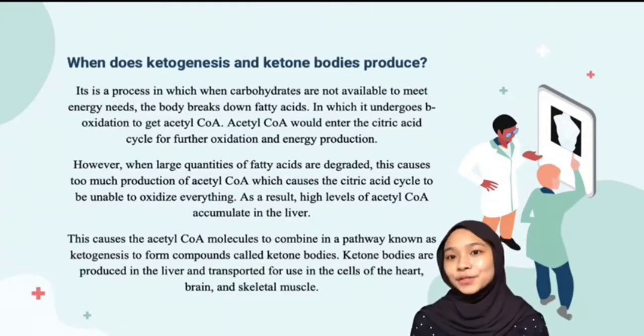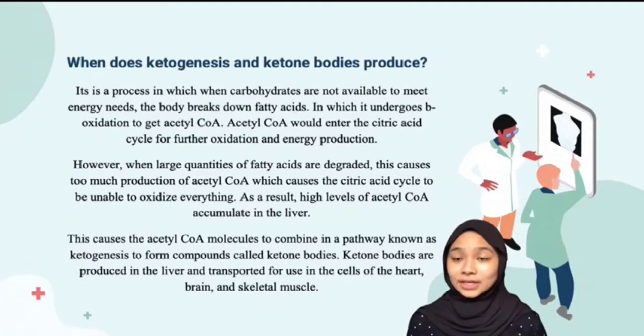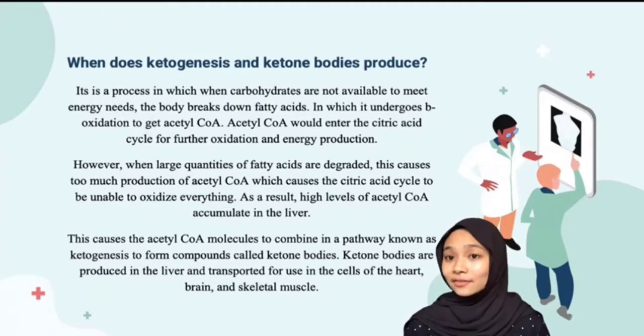I'm going to explain when ketogenesis occurs and when the ketone bodies are produced. Ketogenesis is a process in which, when carbohydrates are not available to meet energy needs, the body will break down fatty acids, which undergo beta oxidation to get acetyl coenzyme A. The acetyl coenzyme A molecules would then enter the citric acid cycle for further oxidation and energy